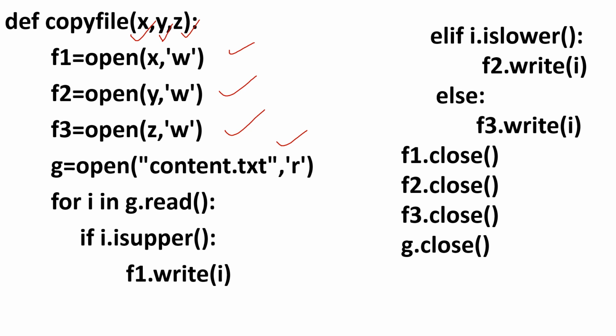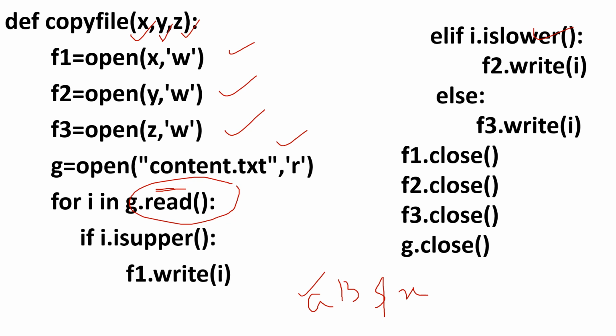Now suppose that the content present in the file is small a, capital B, and then dollar, and then x. Now when you place a loop, then g.read will read the whole content from the file, and return it here in the form of a string. Now the loop will start and receive one character from the string. The first character will be a. Now it will check, is it uppercase? No, it is lowercase. Yes, the condition is satisfied.